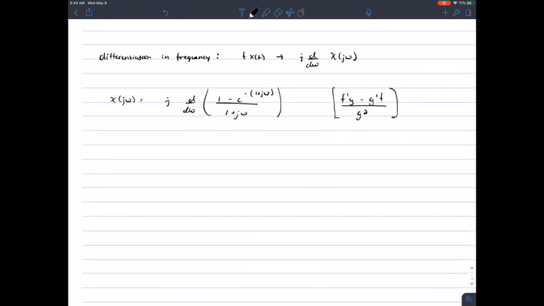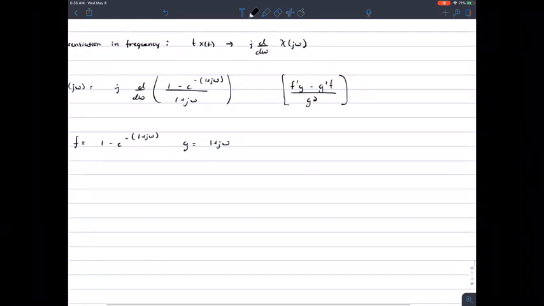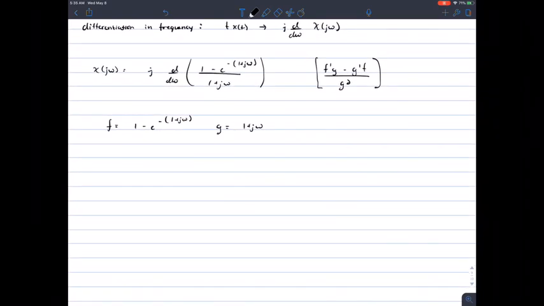So first, let's define f as 1 minus e to the minus (1 plus j omega), and g is going to be 1 plus j omega. The derivative of f, f prime, is going to be